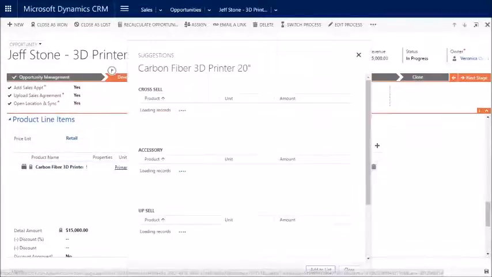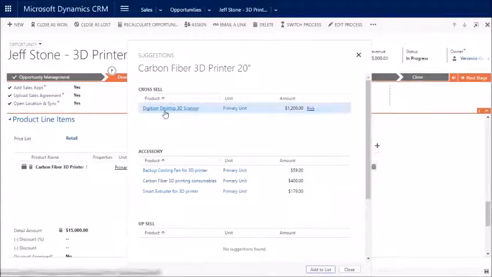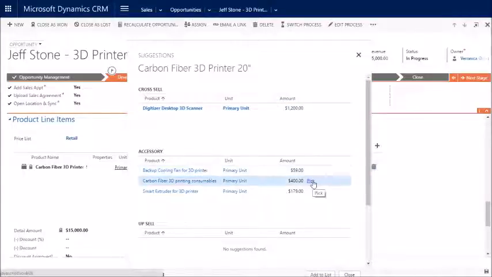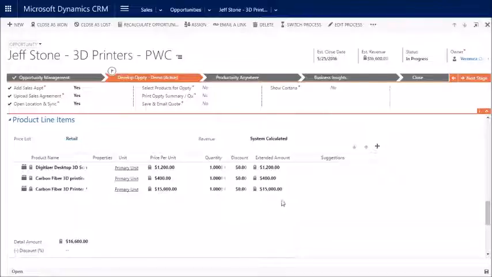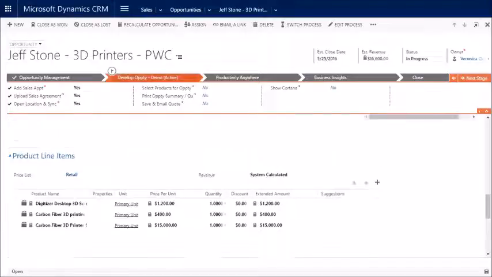about cross-selling and upselling. So in this case, do they need a 3D scanner to go with their 3D printer? I mean, who doesn't need a digitized desktop 3D scanner, right? And of course, you're going to need consumables sooner or later. Helps get you started and keep it going. So now we've just done a little bit of cross-sell, upsell opportunity, and I'm going to go right back to